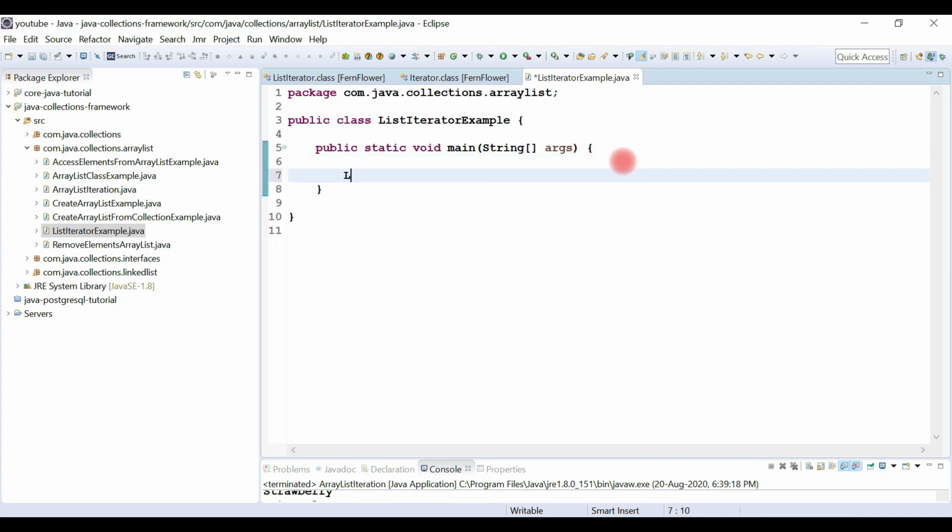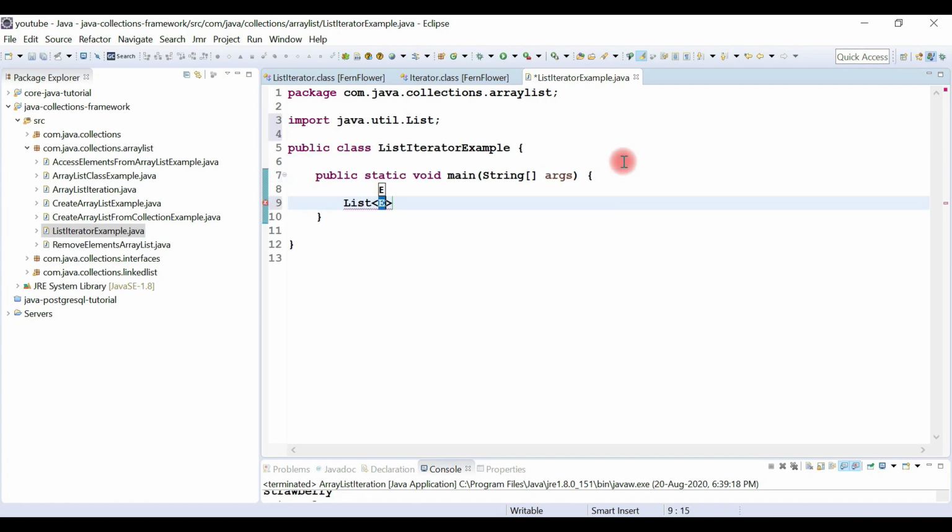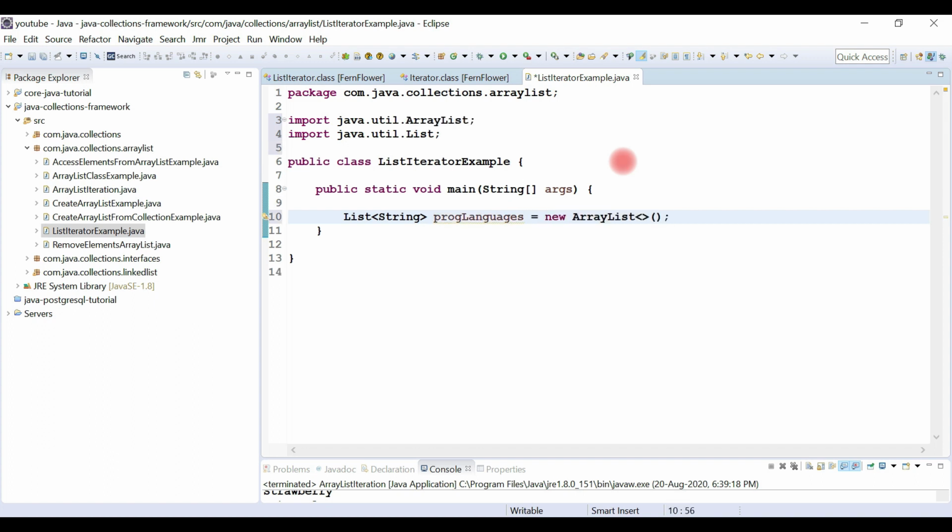Let's create a list object first. Let's give String as the type here, and we are going to create a list of programming languages. Let's call it programmingLanguages, and I'm going to use the ArrayList class. Let's add a few programming languages to the list. Let's say Java.